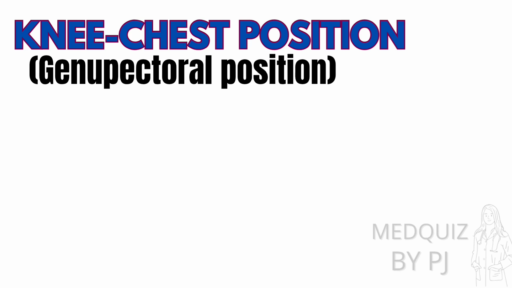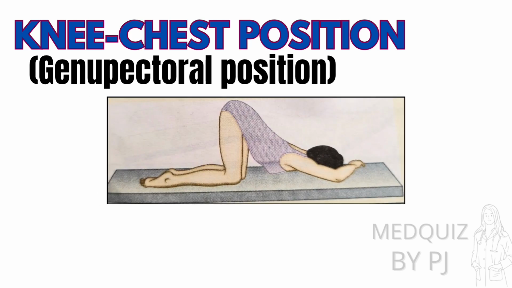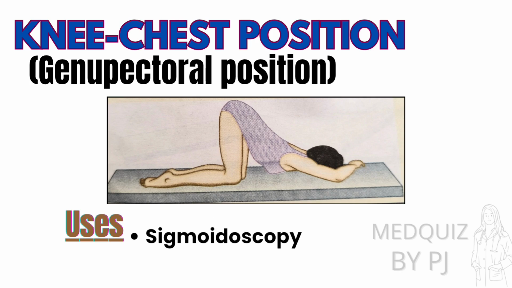Patient rests on the knees and chest with head turned to one side, arms extended on the bed, and elbows flexed and resting so that they partially bear the patient's weight. The abdomen remains unsupported, though a small pillow may be placed under the chest. In this position, severe hypotension occurs because of pooling of blood in the extremities. Uses: sigmoidoscopy, lumbar laminectomy,